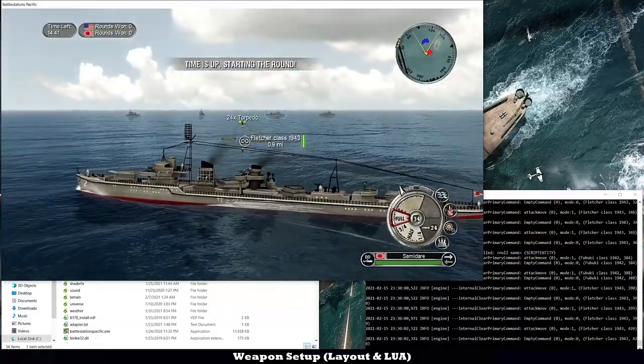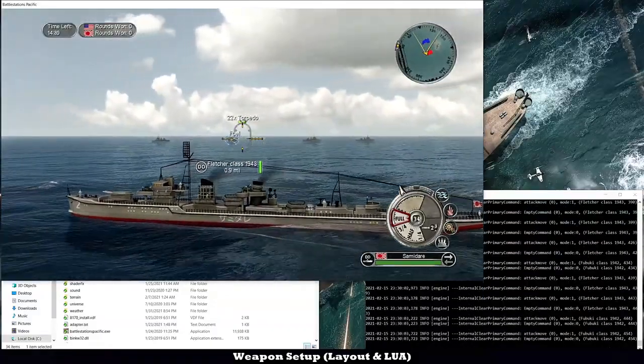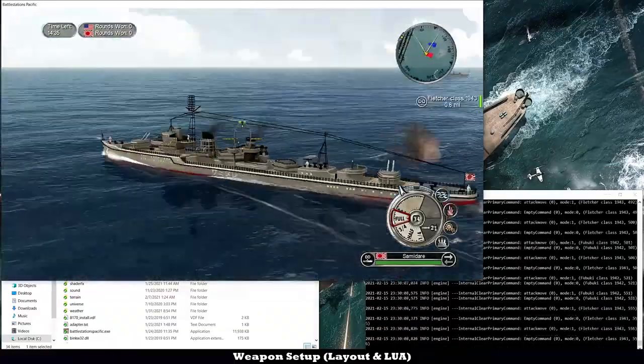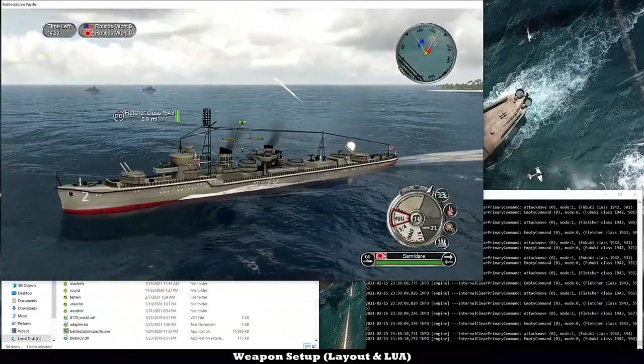The torpedoes are also spinning around. They're turning around. You can fire torpedoes from them, as you can see. There we go. It fires properly, and the ship has hitboxes. So